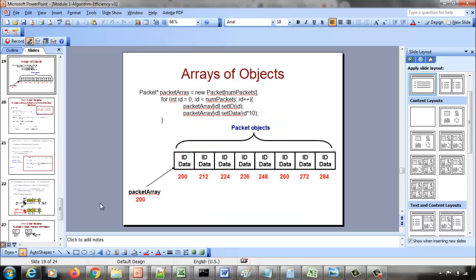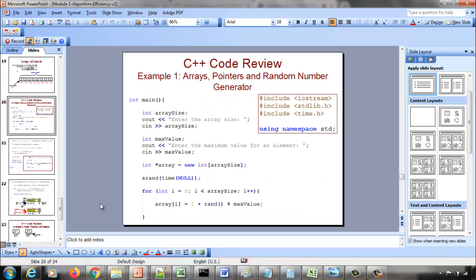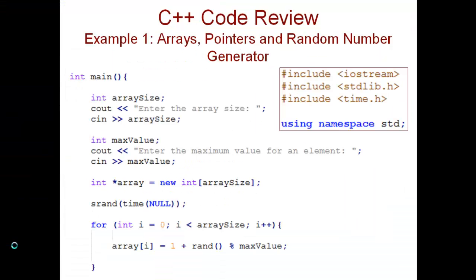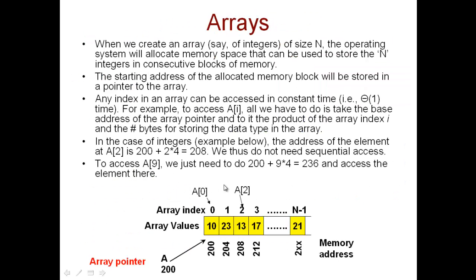So last time we were looking at arrays, and by this statement, int star array equals new int array size, what we are doing is declaring or creating a block of array that can have this many elements, array size number of elements, and that's something like this. It's a consecutive block, each storing an integer, and this is the starting address,